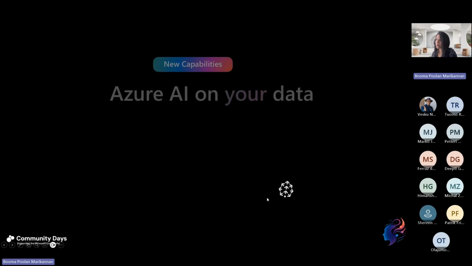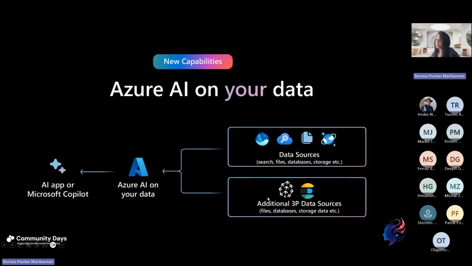Now, let me bring in this process, right? Which is making our life beautiful and easier, in an intelligent way. So here I would like to highlight we have an Azure AI app at the front end, or you could bring in Microsoft Copilot, or any application could be your front end, right? What I would like to showcase here is how Azure AI is getting integrated with